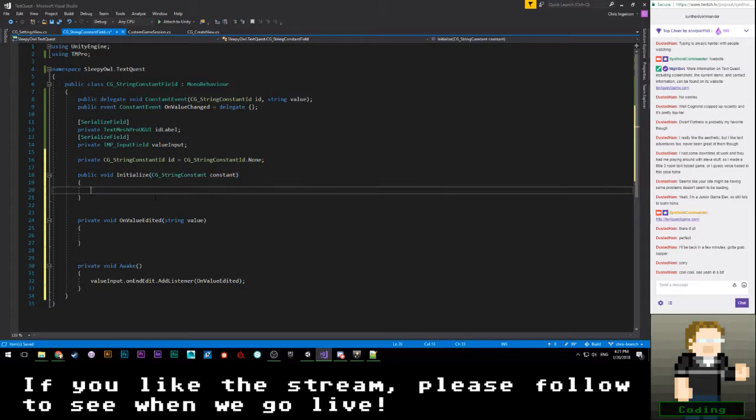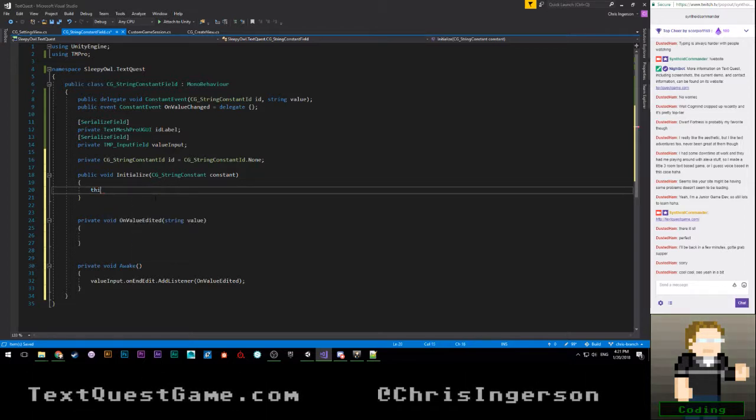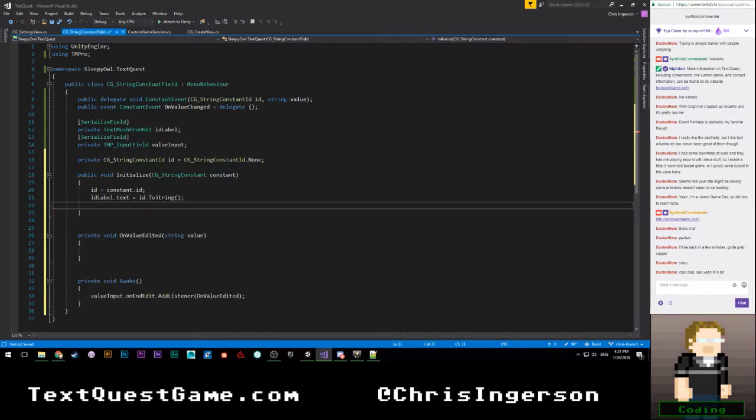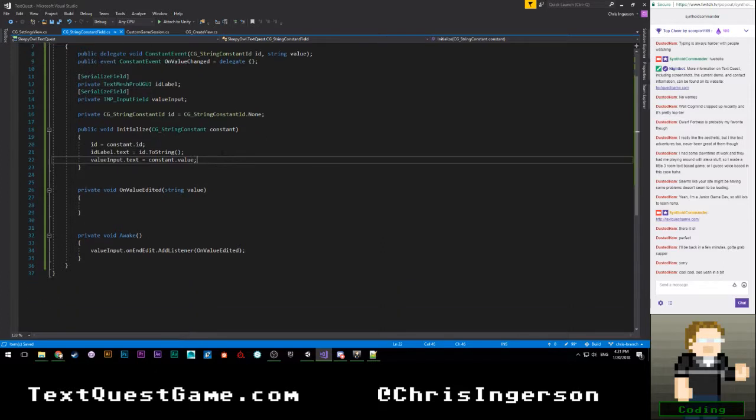All right. So we're going to say this dot ID is equal to constant dot ID. ID label dot text is equal to ID dot toString. Okay. Value input dot text is equal to constant dot value. Excuse me. And that should properly initialize all of our values so that they show up correctly.